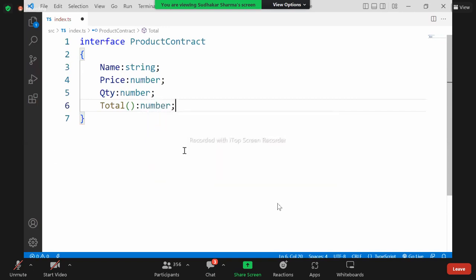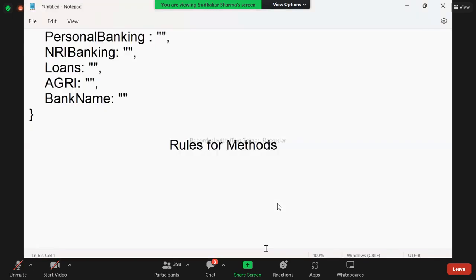Its data type must be number. That means this is not a property. This is a function. That function returns number. Remember, when you define rules,